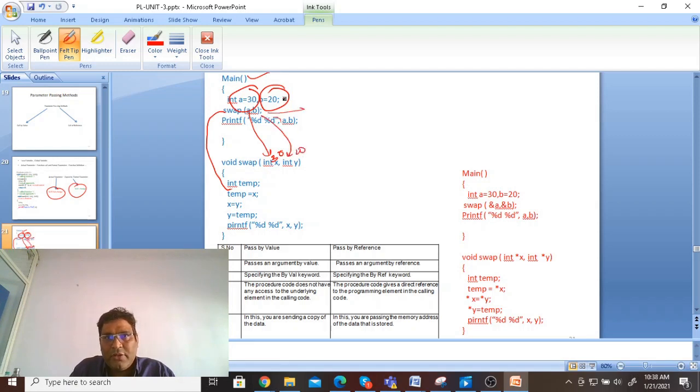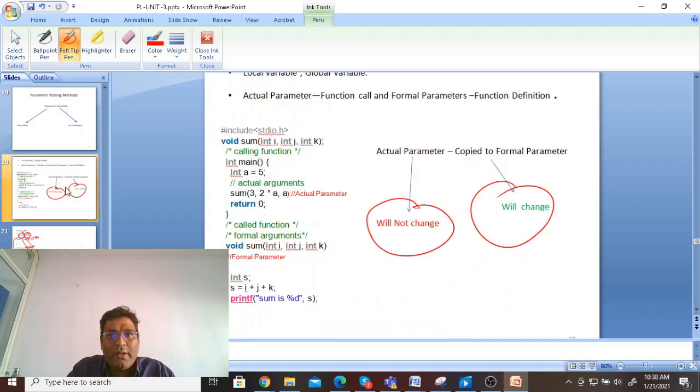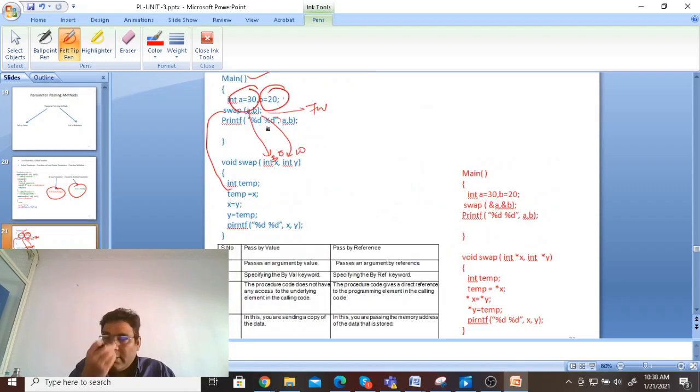These are your actual parameters, sorry, this is your actual, and this is your formal parameter. There is a temp variable, and then we are swapping the value.